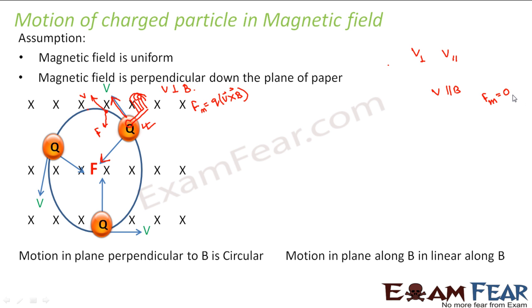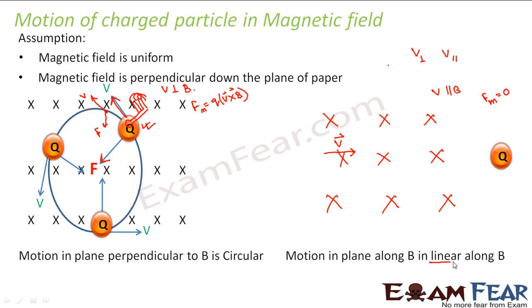Now what will happen if the magnetic force is 0? Let us suppose this is the particle and it enters into a magnetic field. Let us suppose this is the magnetic field again, and this charged particle enters into it. Now this charged particle will not experience any force due to this magnetic field because the magnetic force is 0. So whatever is the velocity of the particle, that velocity will remain unaffected. If the particle is entering in this direction with some velocity v, it will move with that velocity v. So what is the nature of the path?